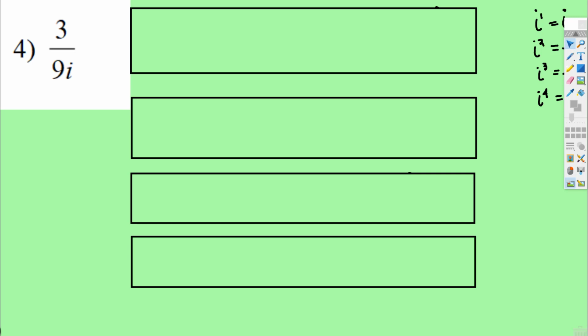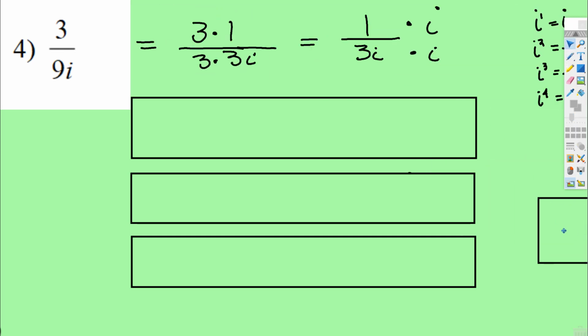Okay, now we're going to be performing division using complex numbers. All right, so here is a monomial divided by a monomial. Well, the first thing to notice is that 3 goes into 9, so you could actually start there. So notice 3 is 3 times 1, 9i is 3 times 3i, and then the 3's cancel, leaving 1 over